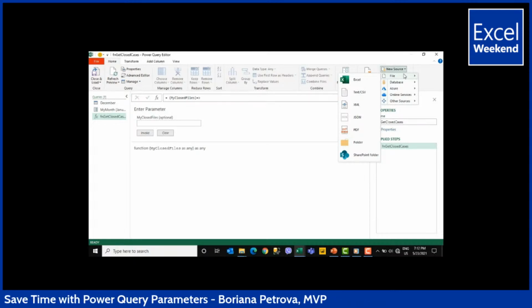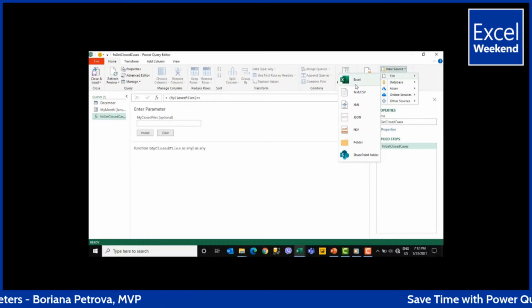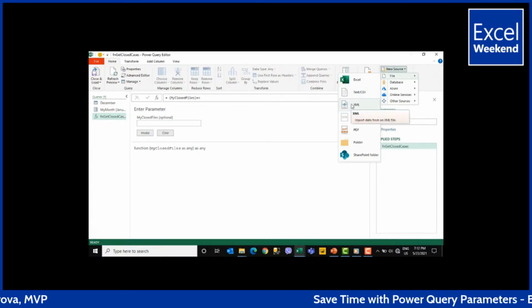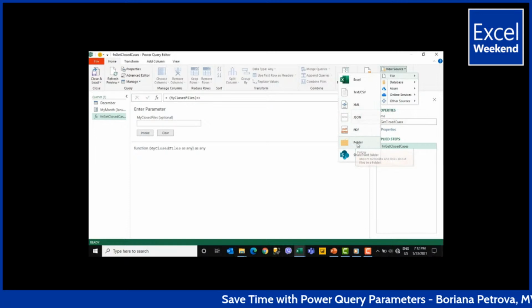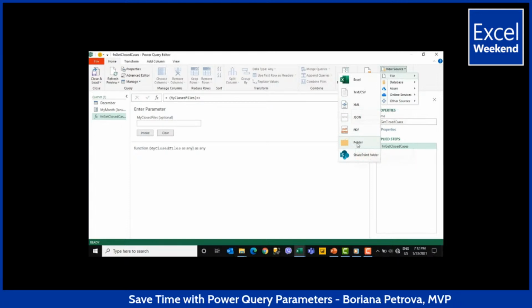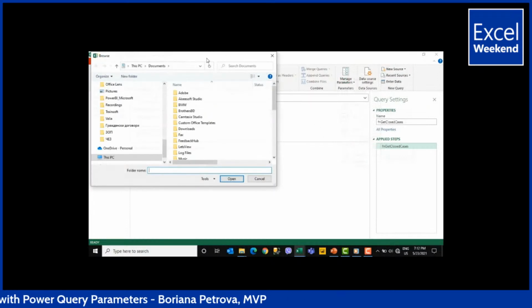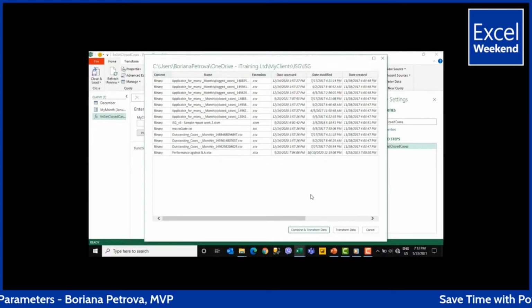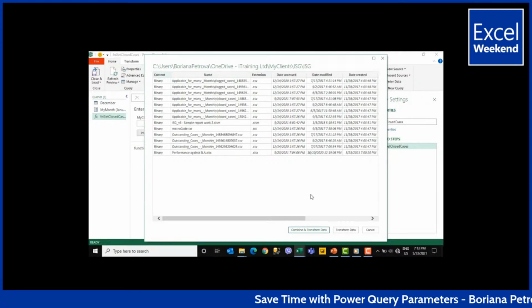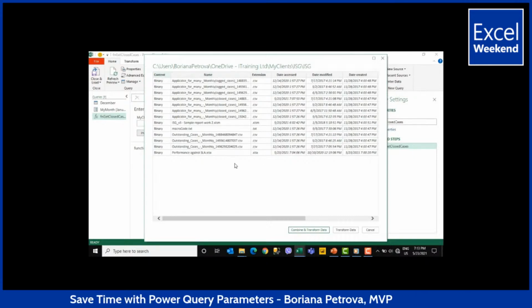So I go to new source, select more options, and need to import data that is stored in a folder. Under the folder, I will select connect, and now we will see all the CSV files that have close cases inside of their name. So transform the data,